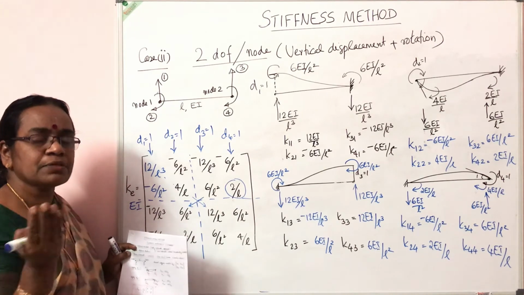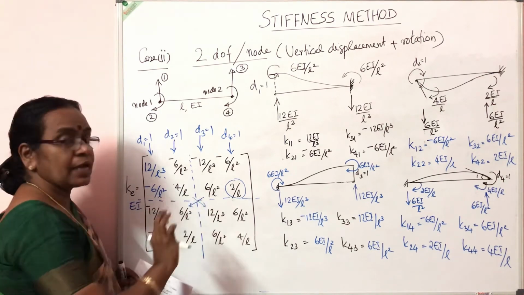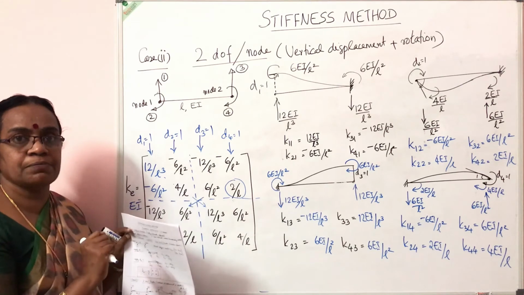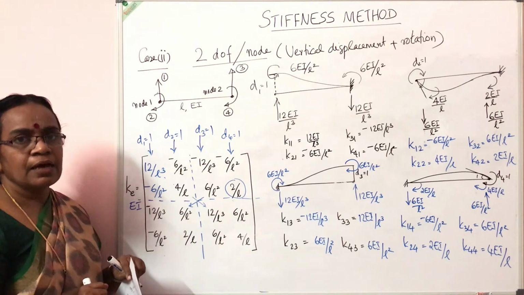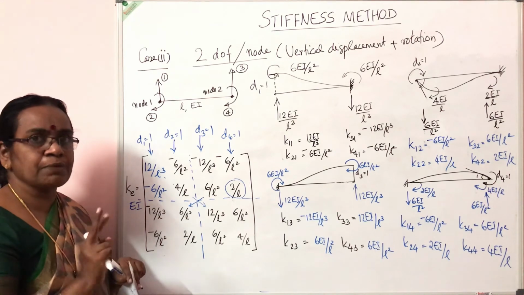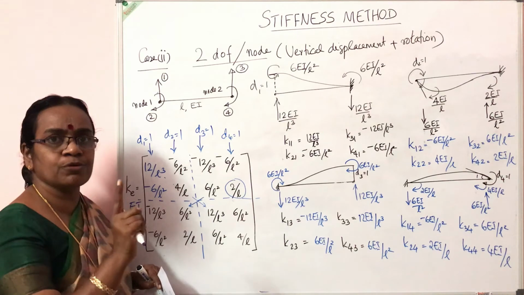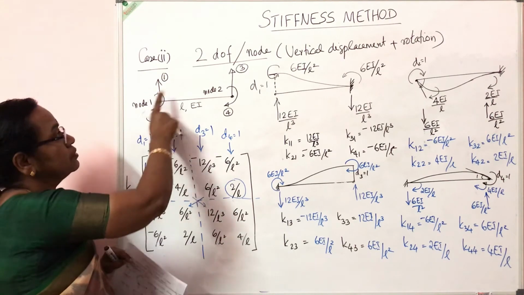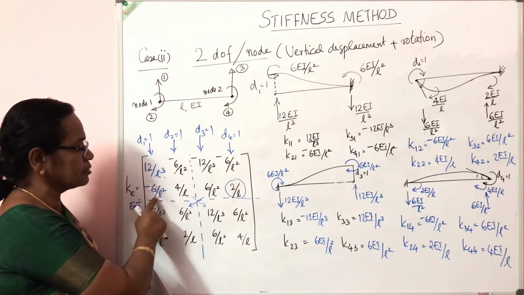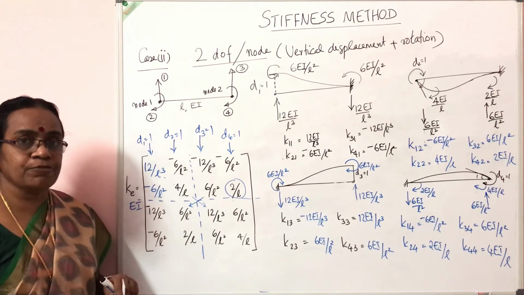If there are 100 elements, by simply writing a program, we can change the L values of the different elements. We can arrive at the stiffness matrix for n number of elements, and they have to be properly assembled together. That is the advantage of the element approach. So you have to learn by heart two formulas. If there is only rotation, it is EI by L into 4 2 2 4, and if it is 2 degrees of freedom per node, 12 by L cube, 6 by L square, 6 by L square, 4 by L. Then complete it. It's a 4 by 4 matrix.